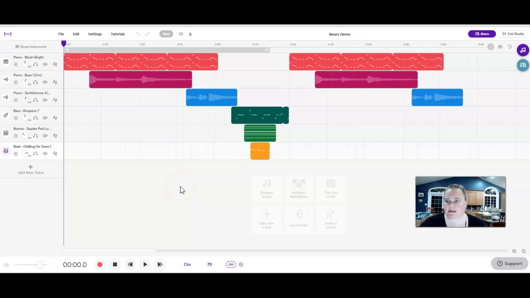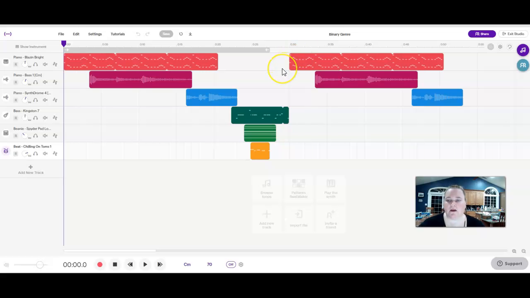Before you begin the process of putting your music on your portfolio, the first thing you need to do is get it out of Soundtrap and get it onto your Google Drive. So you start by entering the studio in Soundtrap and working with your completed piece of music. So in this case here, I need to export my binary genre exercise so that I can add it to